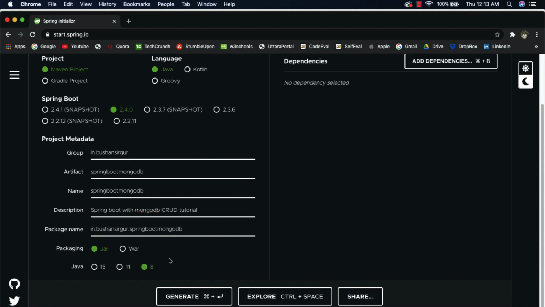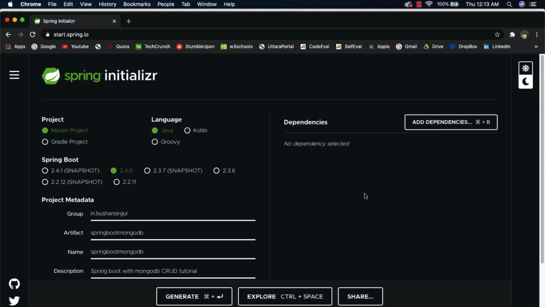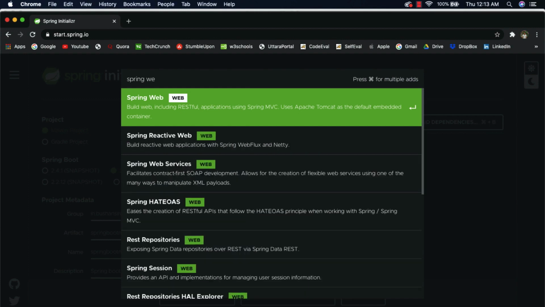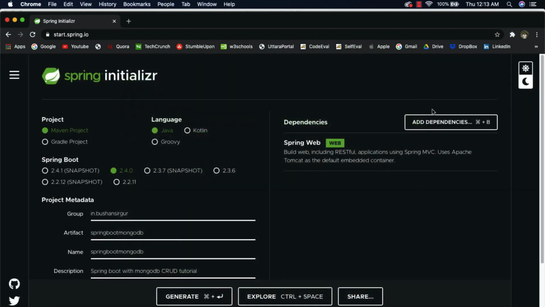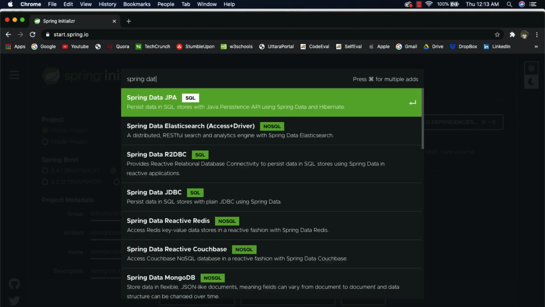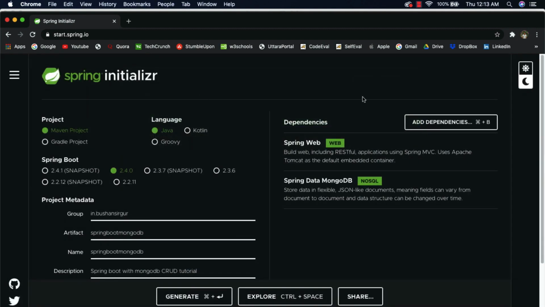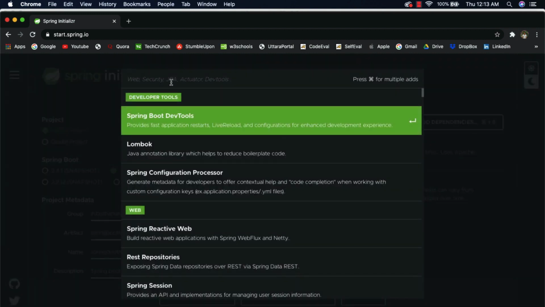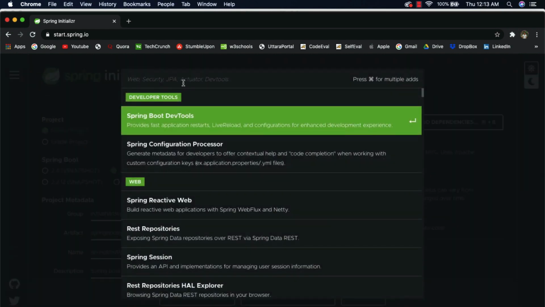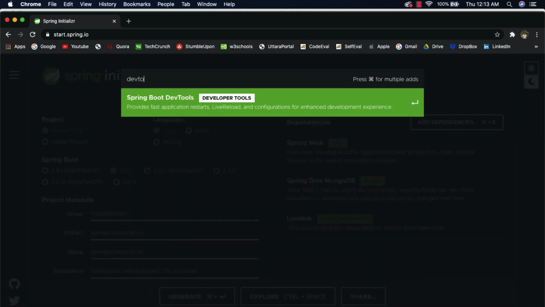In case you have installed the higher versions, you can choose 11 or 15, whichever you have installed in your machine. And the dependencies, I'm going to add the 4 dependencies as of now. So the one is Spring Web, and we are going to connect to the MongoDB database, so we need Spring Data MongoDB, and we're going to use Lombok, it's a Java library, and we're going to use DevTools.